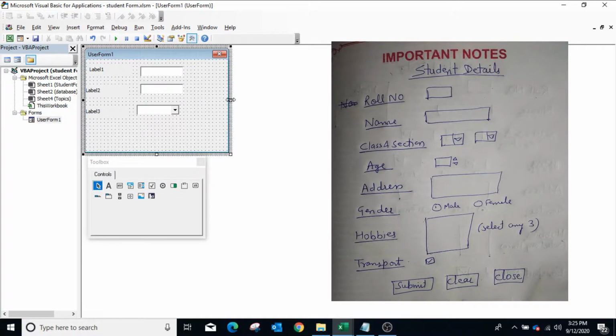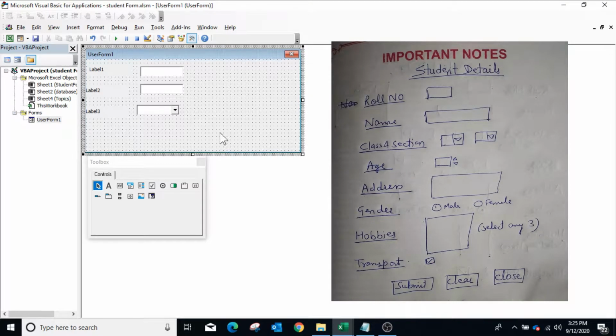If required, you can change the width and height of the user form.